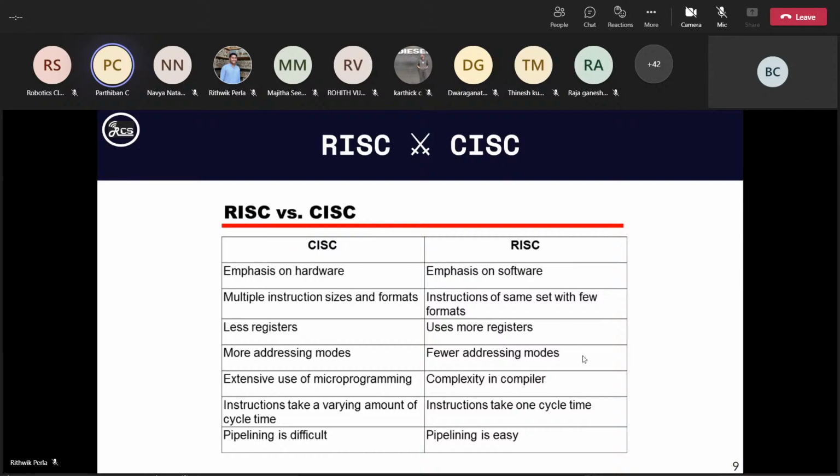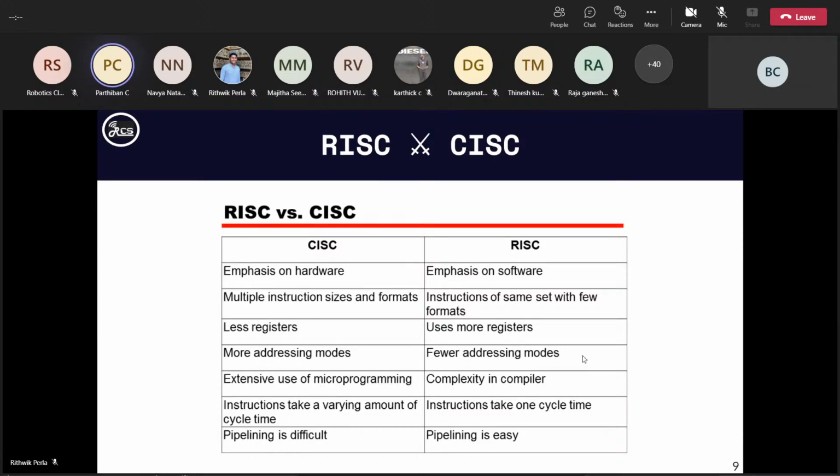In CISC, the registers that are being used are very few, but in RISC, the registers which we are using are a little bit higher. CISC is a complex instruction set, right? So the instructions are very complex, and these are going to be stored in a very small unit called the microprogramming unit. Whereas in reduced instruction set architecture, the instruction is going to be only one, but the execution of it is going to be a little bit tougher. So the complexity is occurring in the compiler or the executor.